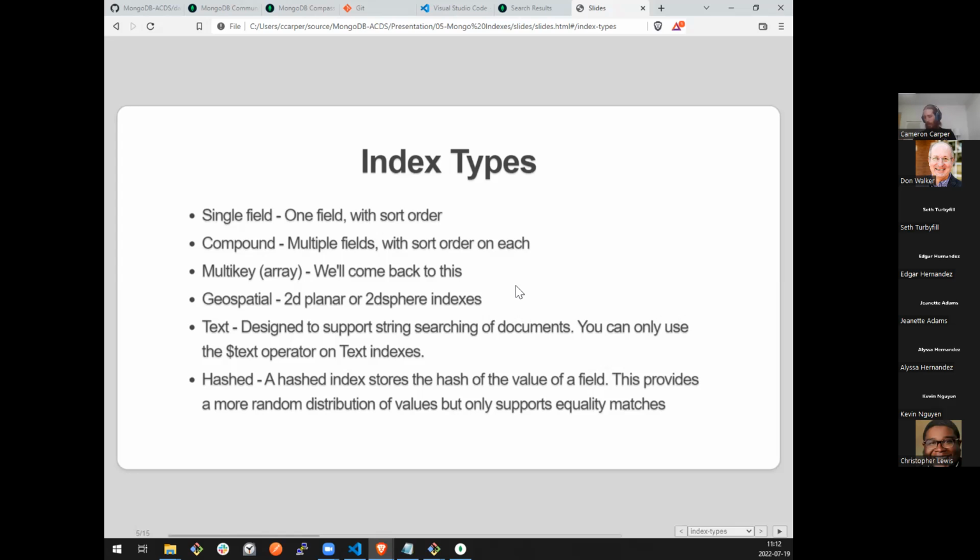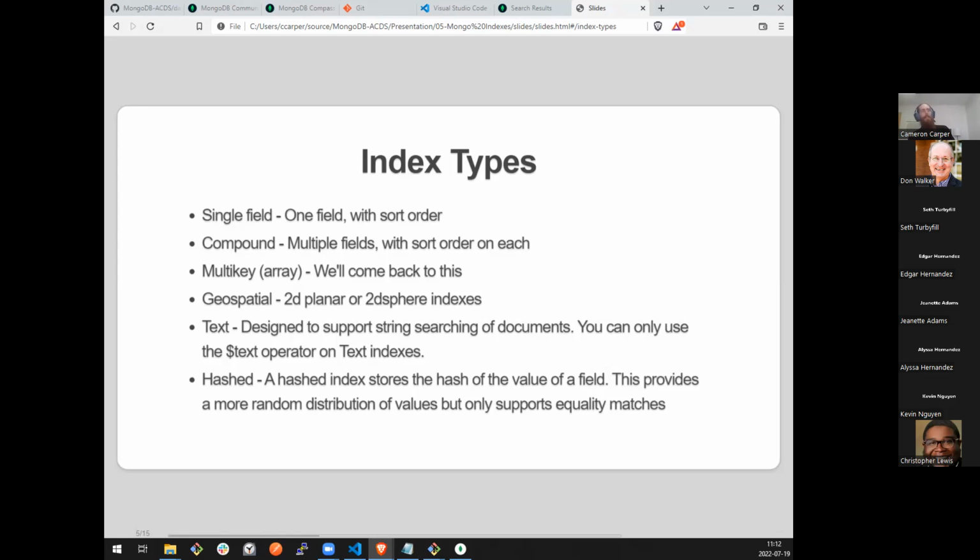Geospatial indexes, this is actually a really cool feature of Mongo. I'm hoping we'll have time to at least get our hands on it a little bit, where you can have an index that is literally a 2D sphere geospatial index, which makes searching for distances between points or max distances between two people and things like that very easy. The syntax is a little bit convoluted, but it works pretty well.